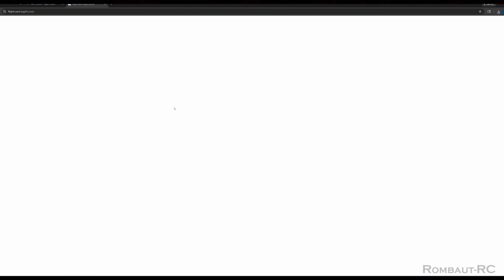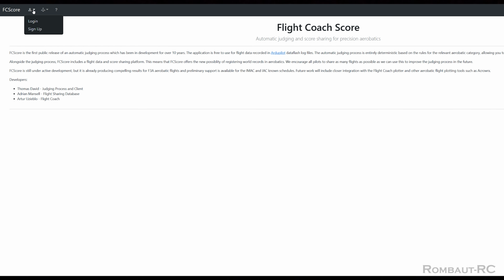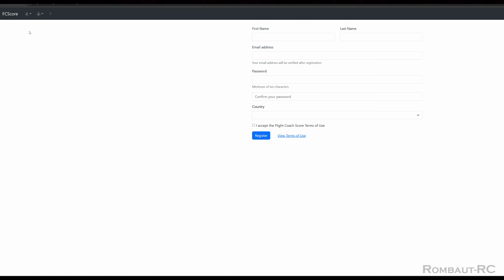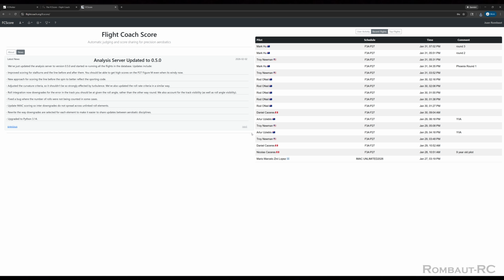If you are not registered yet, I highly recommend signing up. There's no spam or unwanted emails, but having an account allows you to see news, leaderboards, upload flights to the database, track your progress, and participate in both online and in-person competition. The sign-up process is very quick. Once you are registered, you log in and arrive at the main screen, where you can see recent news and